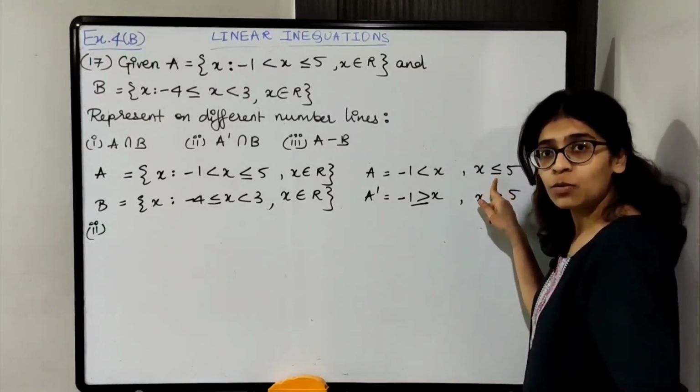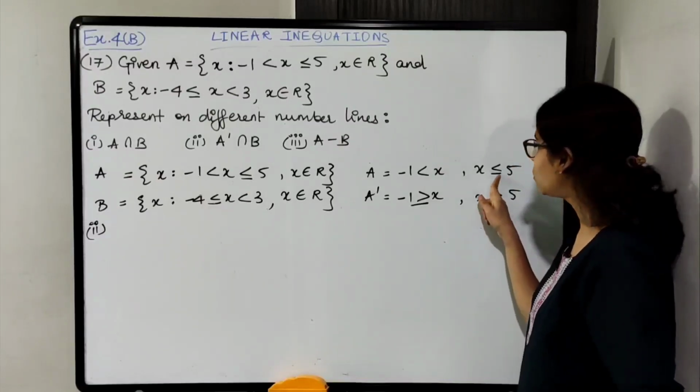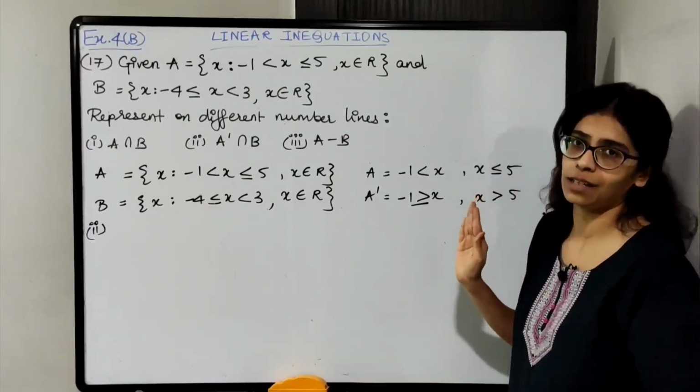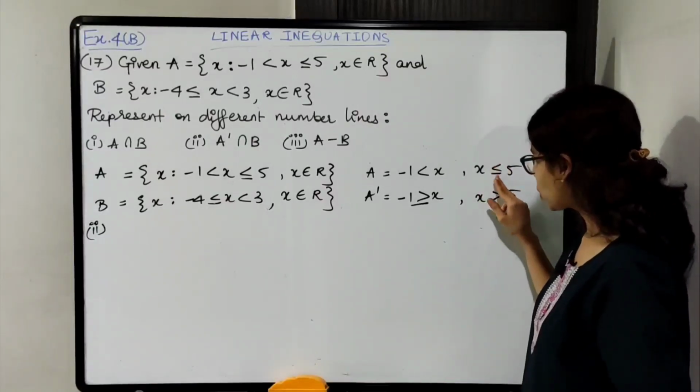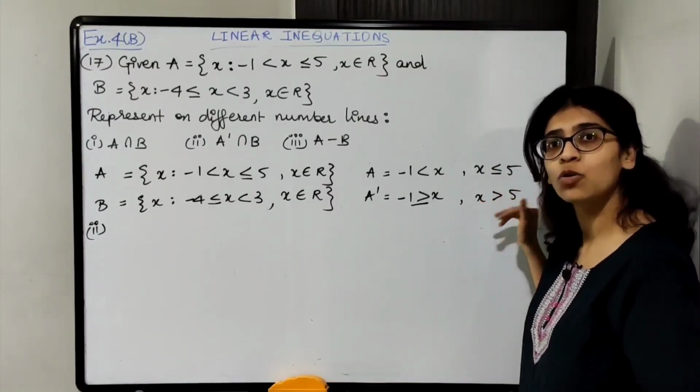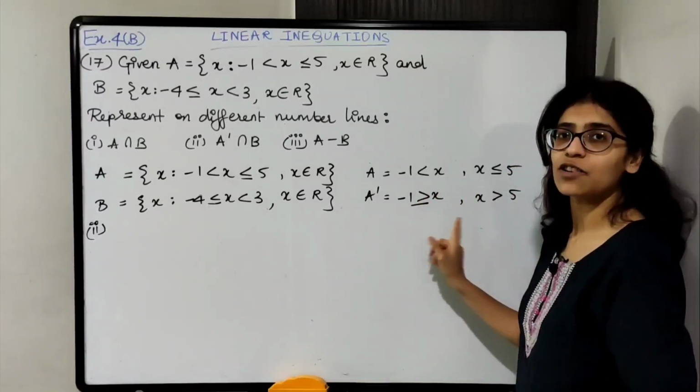Below that there is an equality sign, so you will not put the sign over here. यहाँ पे equal to है तो यहाँ पे equal to नहीं आएगा, opposite करना है. So reverse the sign and check if equality sign is there, don't put, and if it is not there, put. So ये range मिल गया a dash का.